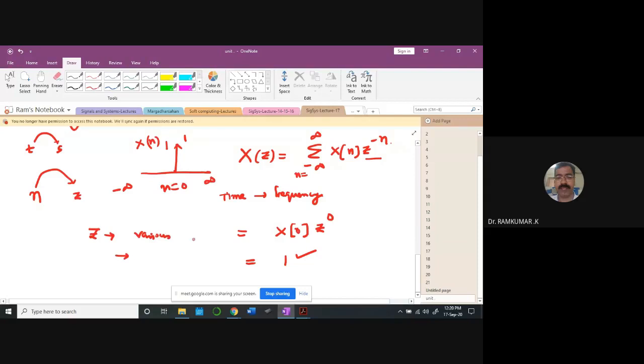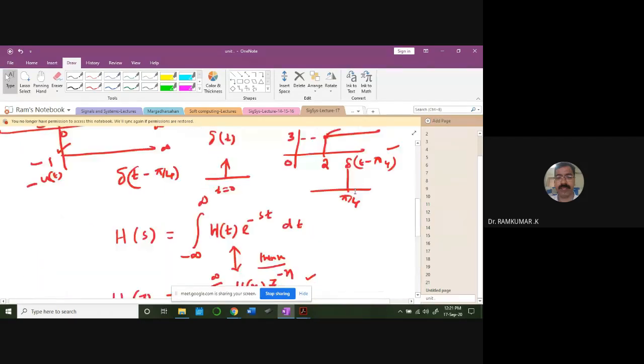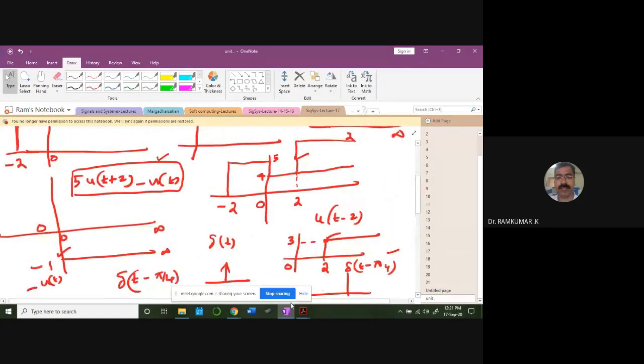The various standard signals are what? Step, ramp, exponentials, sinusoidals. For all these basic building block signals, you can compute the Z transformation like this. So the entire course focus is more like that. You need to think how to transform signals from time domain to Z domain, or time domain to Fourier transformation domain, and how to compute the corresponding Fourier transformation and Z transformation for standard signals. That's where we are moving. So this idea is basic.